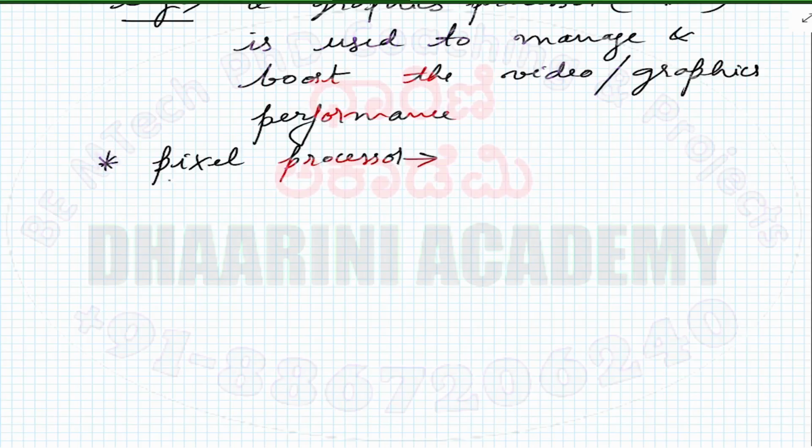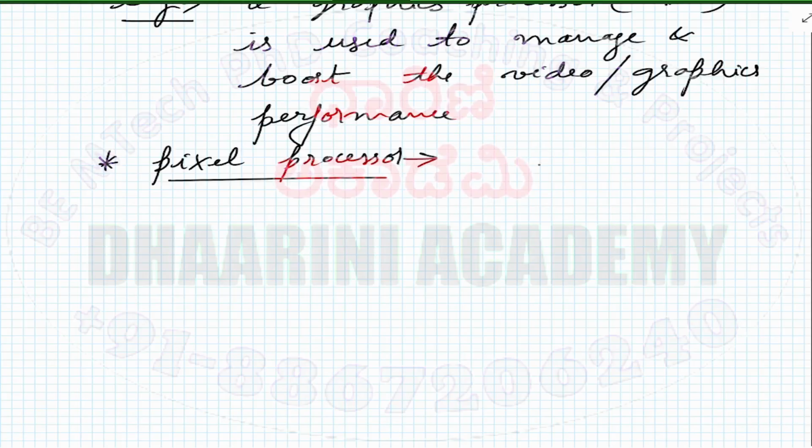Okay, this pixel processor is, as the name suggests, used in a digital camera. A digital camera will have its own embedded processor whose response is just to take a picture and save it. But when it comes to the display part, it needs another coprocessor in order to improve the performance. All right, so how is this going to be used?